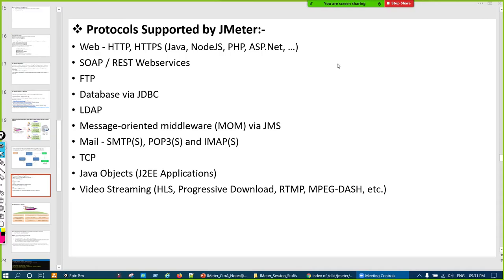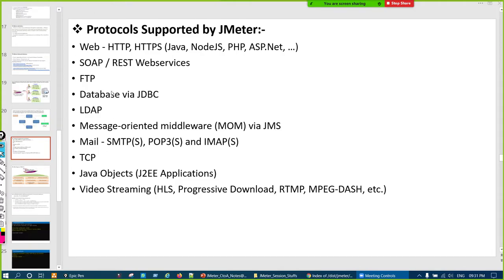Vaibhav asks what about microservices or APIs. Yes, REST API generally. We'll see all those things. Basically, for testing the API we need the endpoints, so at that time we have to manually create those endpoints. We do not record those things. We'll see everything slowly, how to create the endpoints and all that. Sure. Ramoji, were you saying anything?